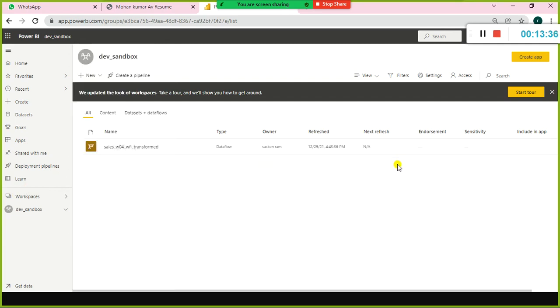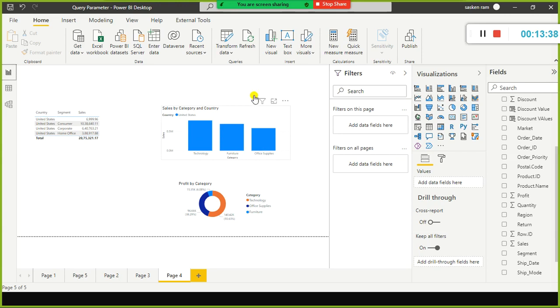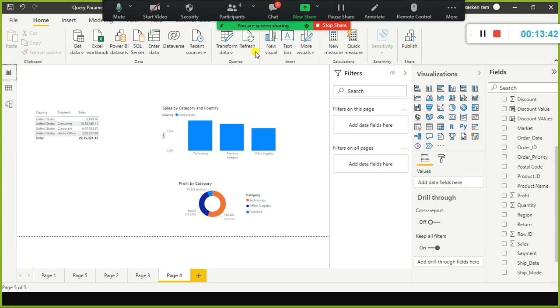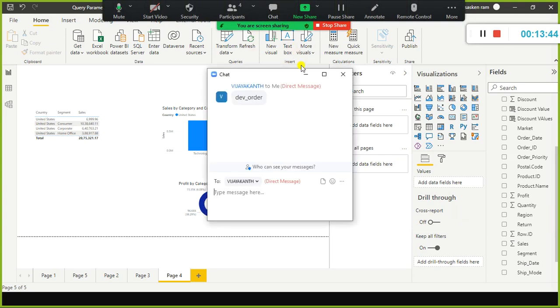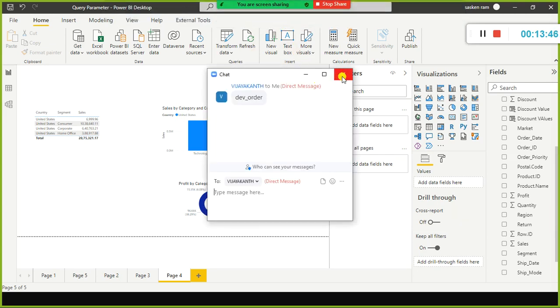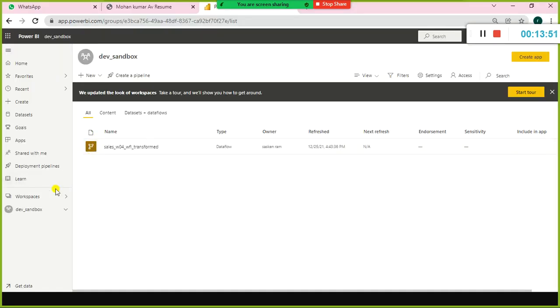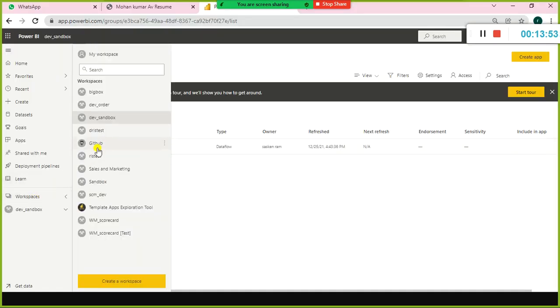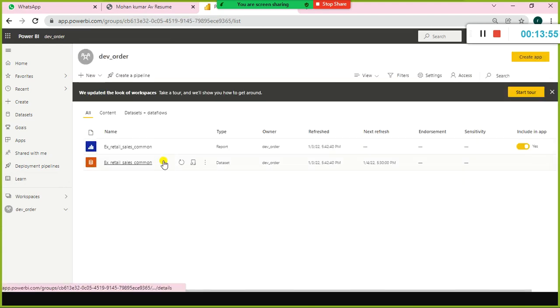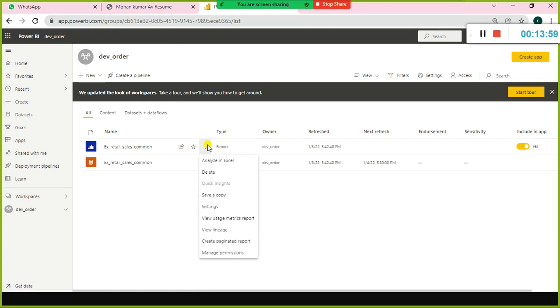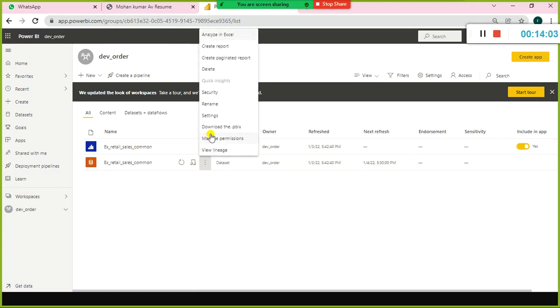Once you publish your report on the cloud, all you need to do is go to the settings and give the value for the parameter. That's all. Oh, dev and order. Very good, good that you remember it. Dev underscore order, right? Retail sales common, is that the one we scheduled? Yeah, this is the one we scheduled.